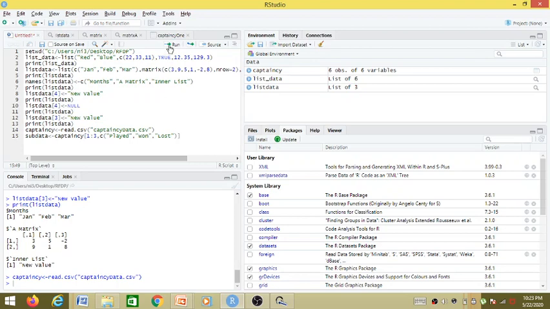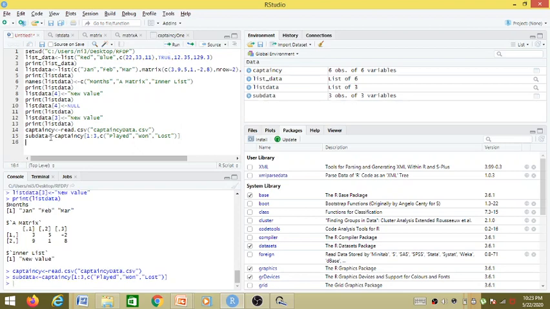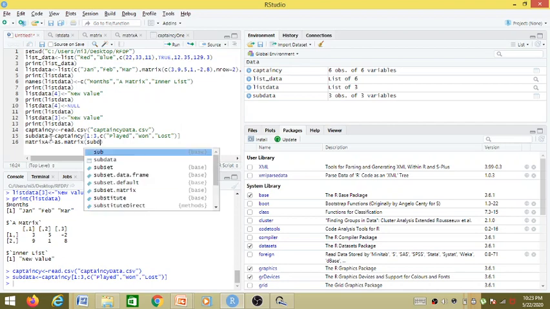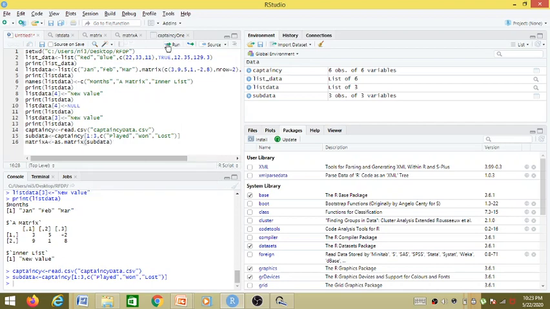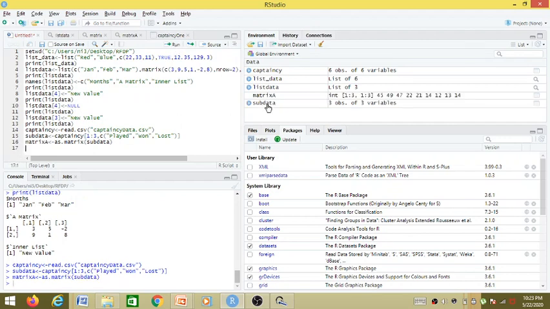Once we create this subset of the data frame, we will convert it into a matrix. We call it matrix A using the as.matrix function. If you remember, we have seen this yesterday also. Subdata. You can see matrix A has been created with these many values in it.